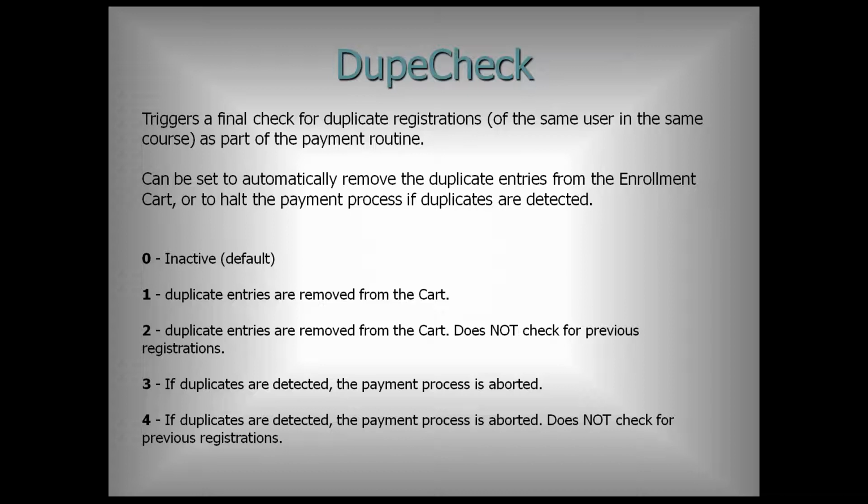Let me do a more thorough check. And both of those options, 2 and 4, are the ones that are really making ACEweb do a little bit more work on this dupe check process. So the disclaimer with this setting is only enable this if you are consistently getting these weird random bump in the night duplicate registrations